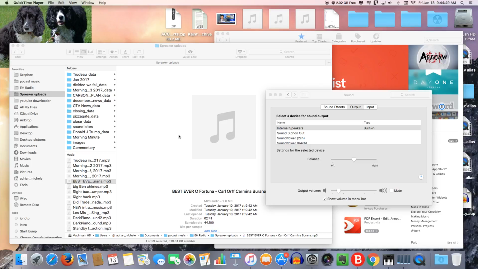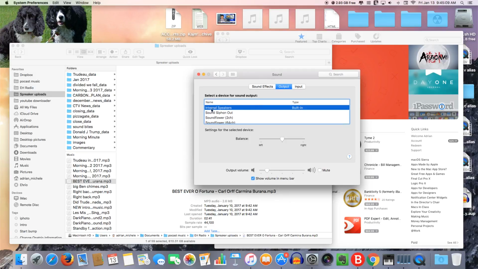The problem being is that when I switch back to the internal speakers, sometimes it doesn't work, and I can't figure out why. So I did a bit of investigation. I couldn't find anything on the internet, so I've done my own. So these are the settings that I have. I start off with internal speakers, and then I switch over to a setting that I have created, which is my name, iMac multi-output device recording. So it's on this setting here,